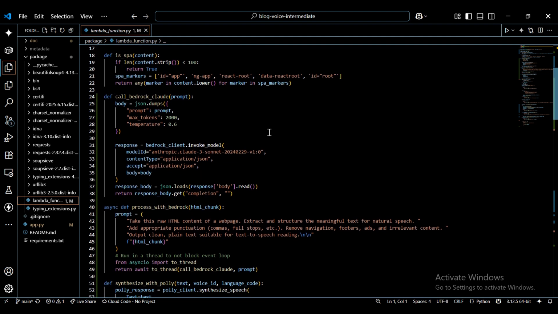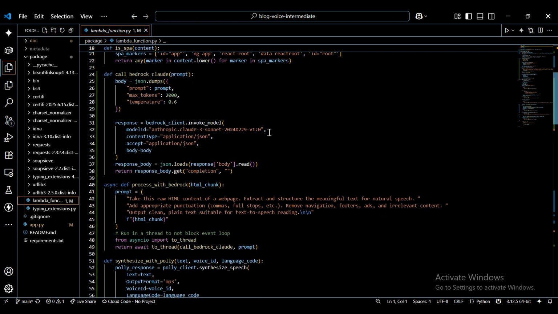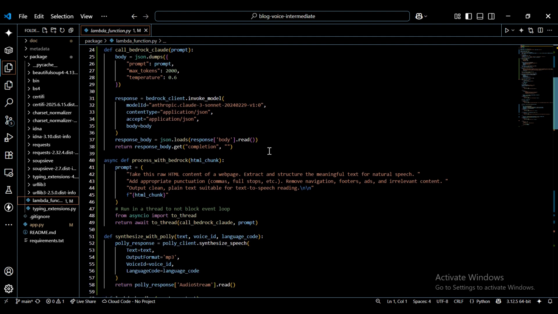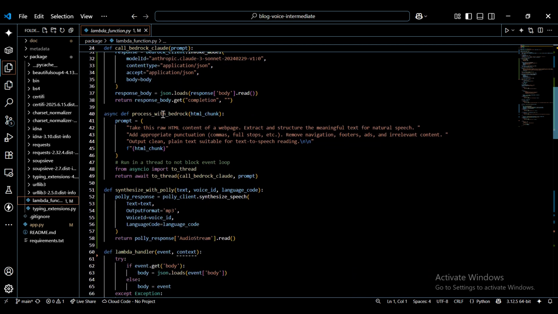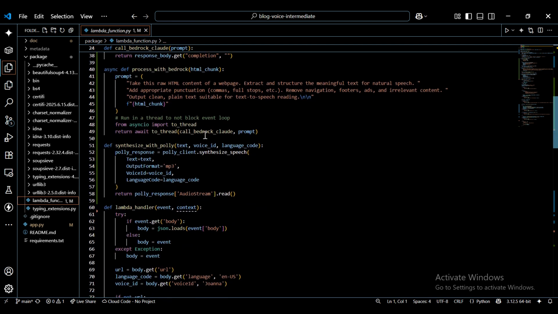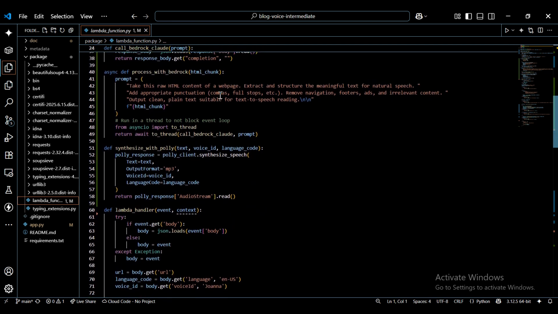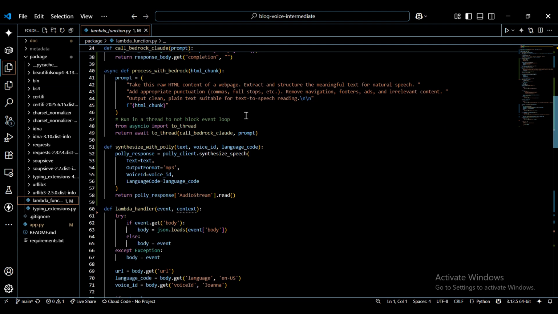Then we have the call Bedrock Claude. So this is where we call our Bedrock. I'll be using Anthropic Claude in this case. Then we have the process with Bedrock. So this is what our prompt is like. Our prompt is simply just saying, take this raw HTML content of the web page, extract the structured, meaningful text for natural speech,